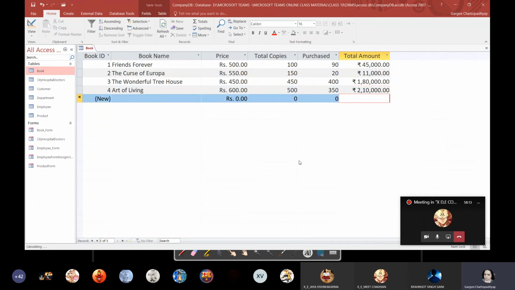The moment I press enter, you can see it calculates the total amount over here. So this is a calculated field, and it is a very useful field. In case you need to perform some calculations in your table, you can easily do that.